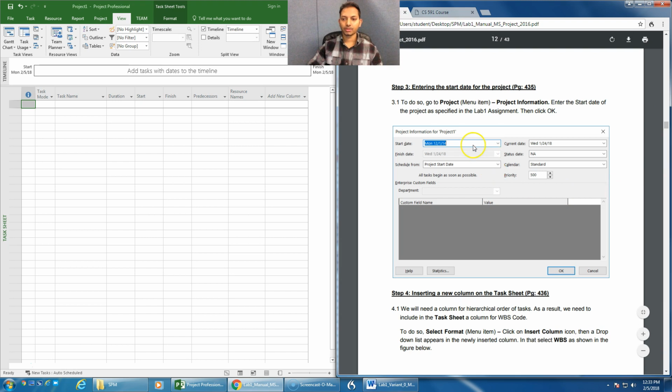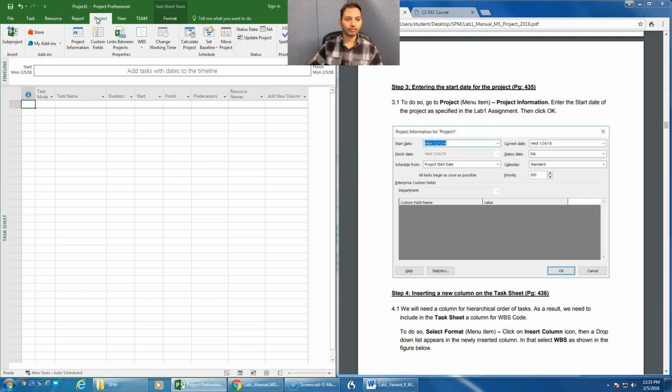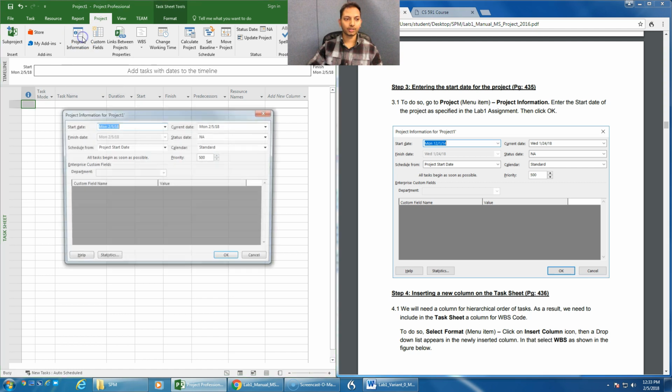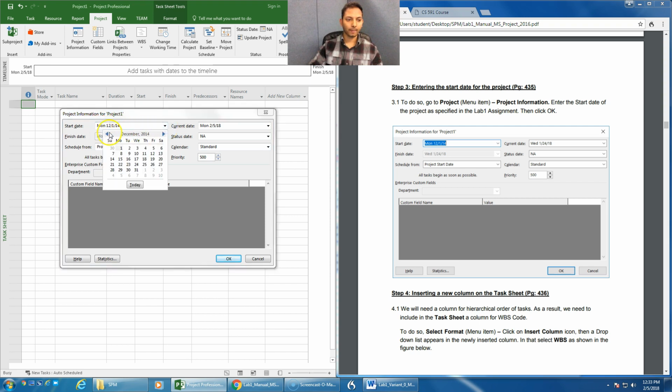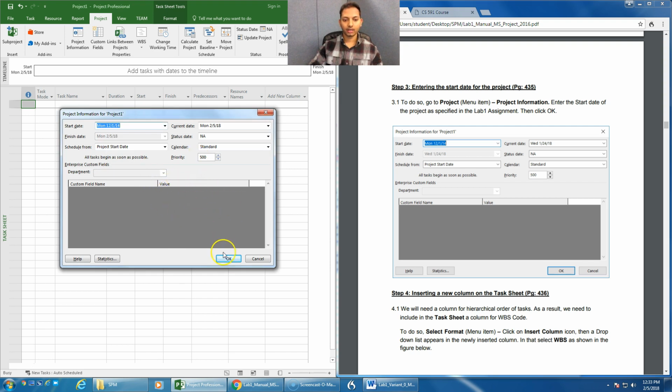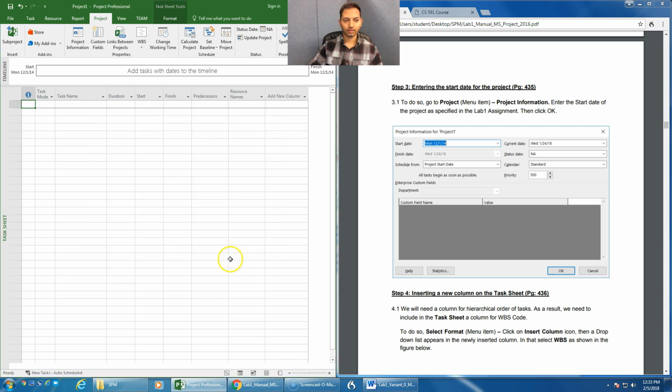Once you get your start date, you need to click on project, then click on project information. Once you click on project information, you can either type in your date directly, or you can go for the calendar view and change your start date. Okay, so after doing that, you need to click OK. Next,